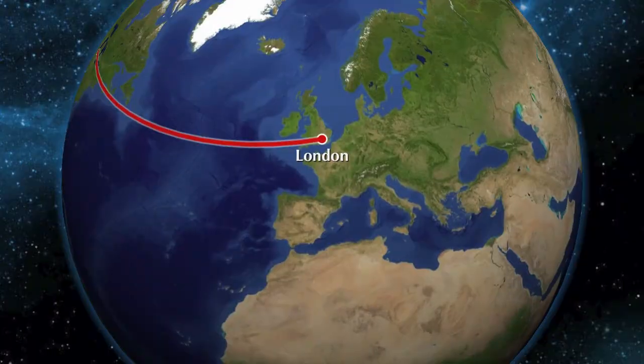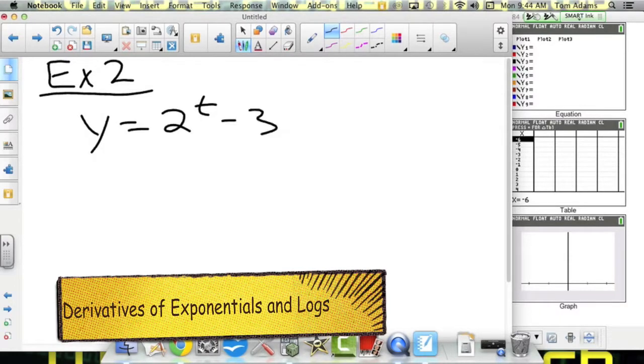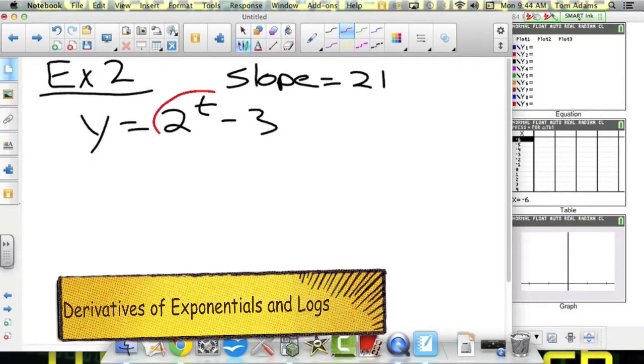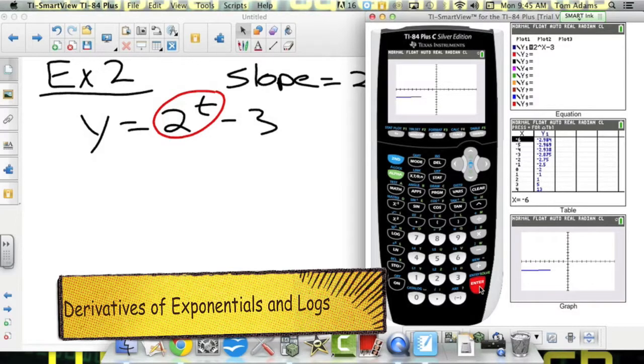Okay, so the next thing we're going to talk about is actually applying that formula to take a derivative of a function. So we have the function y equals 2^t minus 3, and the textbook wants us to find what value of t of this function will give us the slope of the tangent line that equals 21. So this is an exponential function because we have a base of 2 raised to the power of t. Basically, what we're trying to do is find when the tangent line of the graph is going to have a slope of